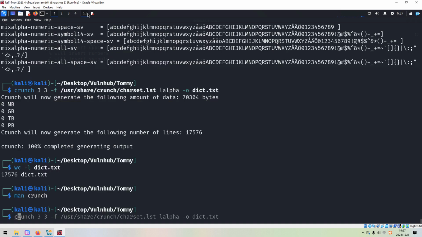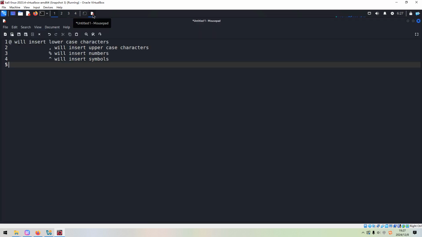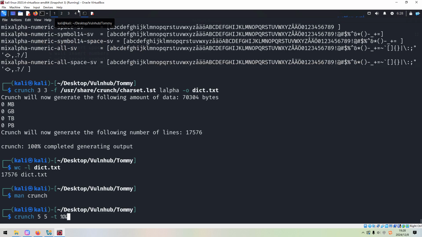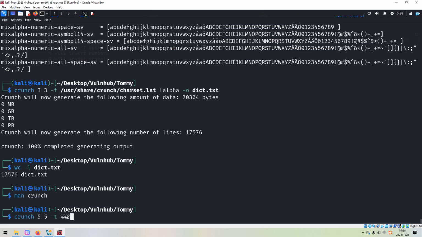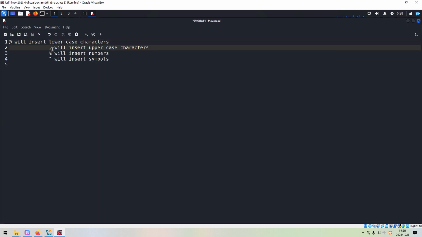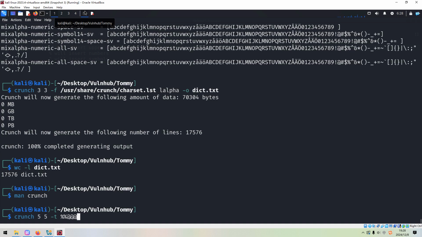Next, we can, for example, run crunch 5 5 with -t. For example, the first two are digits, then 3 lowercase, using @, and then followed by uppercase.